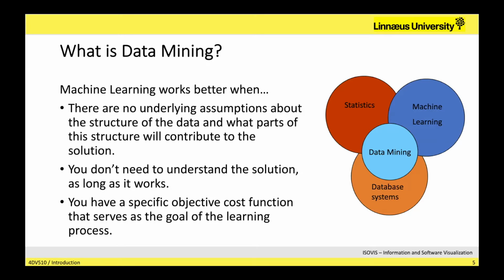Now, in data mining, you also sometimes have specific objective cost functions that serve as the goal, but it's less clear-cut than in machine learning. If you're training a classifier, there is a very specific thing you're trying to train: I want a model that fits as best as possible the labels that I got. So you have a clear objective of where your model should go. Now, in data mining, for example when you're doing clustering or dimensionality reduction, extracting measures from a network, or analyzing a data stream,